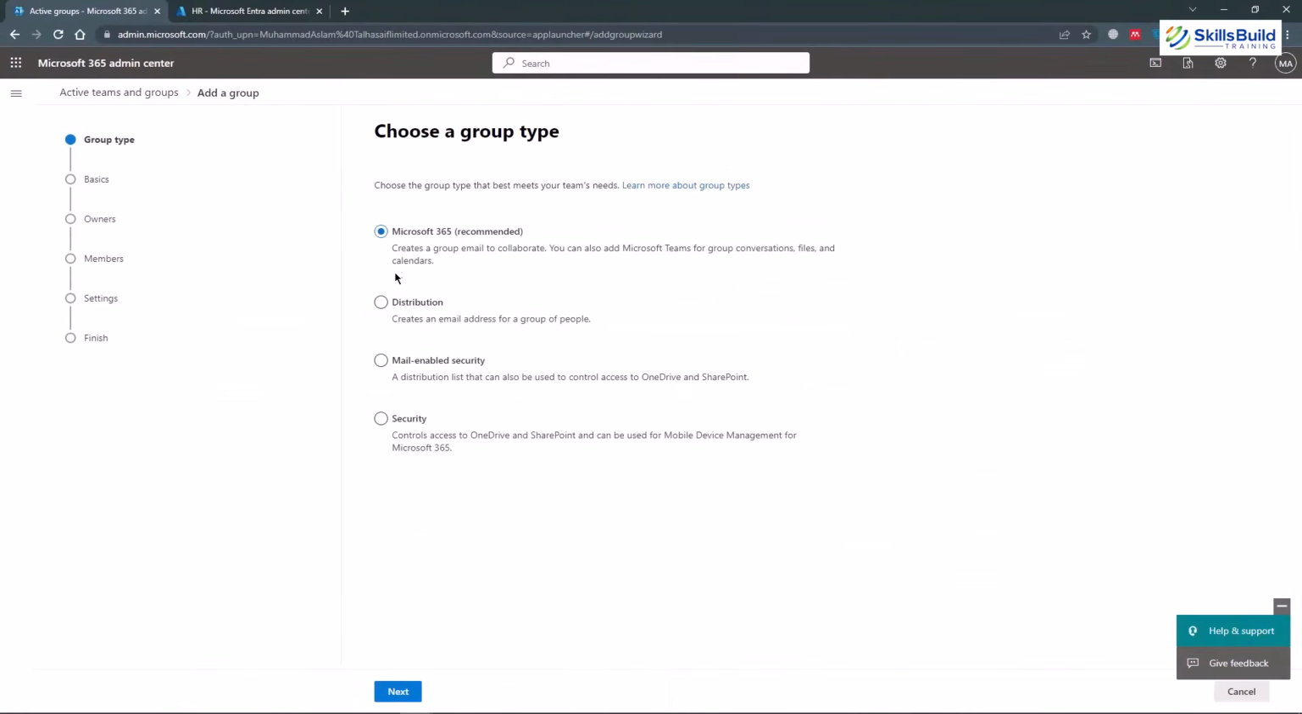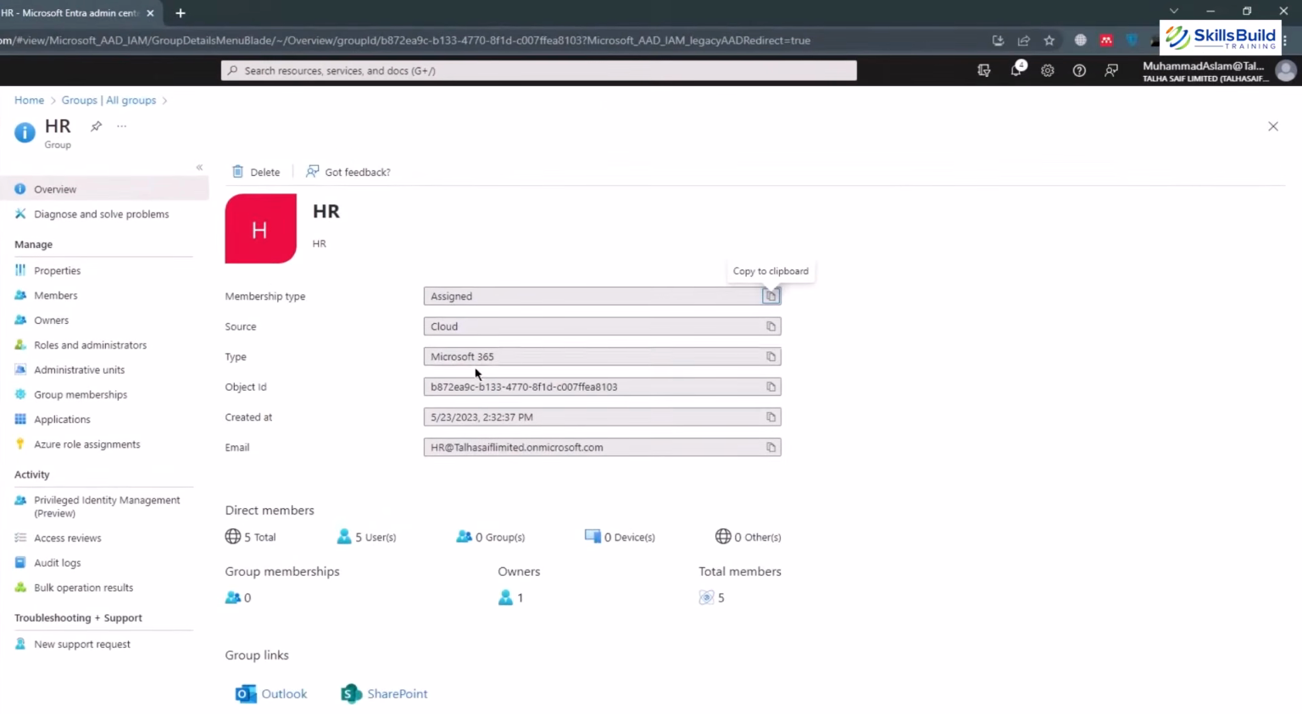So let me just go to my groups. If I click on add a group, you will see I have 4 types: Microsoft 365, distribution, mail enabled, and security. We have created this one as Microsoft 365 type. Then we have the object ID, and this is the date when it was created. And this is the email address for this particular group,